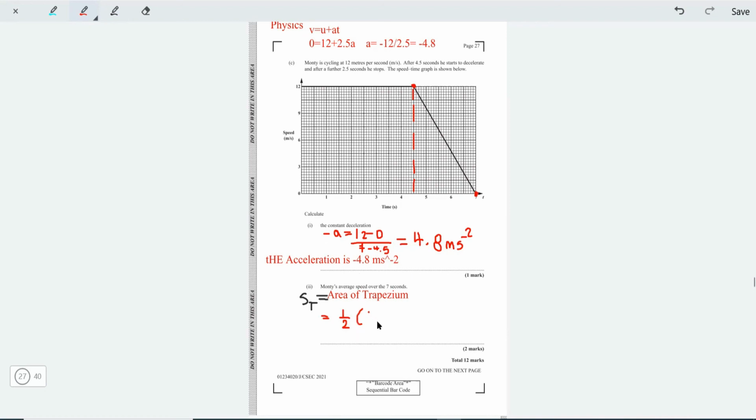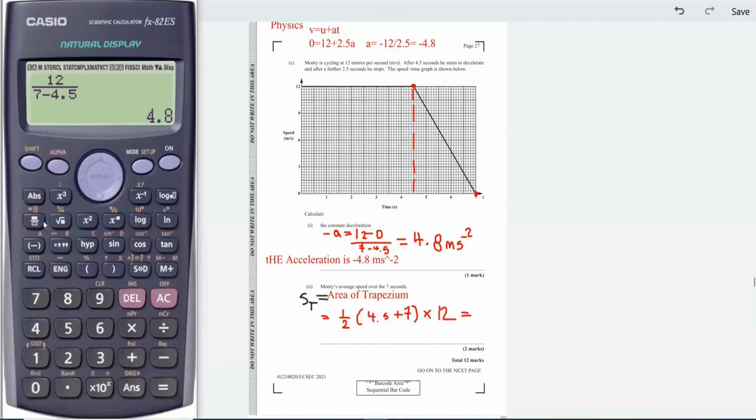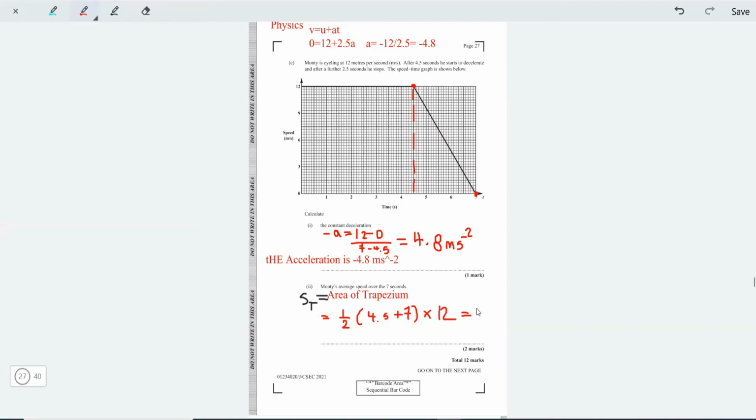So it's a half of 4.5 plus 7, then you multiply by the perpendicular height of 12. That will give you the total distance. You plug that into your calculator: 1/2 times 4.5 plus 7, times 12. We get the beautiful number of 69